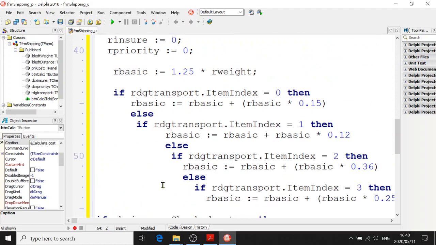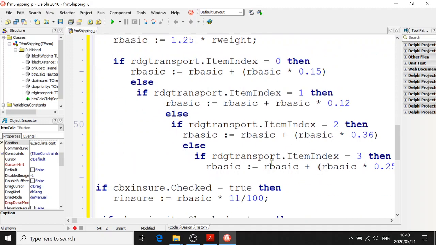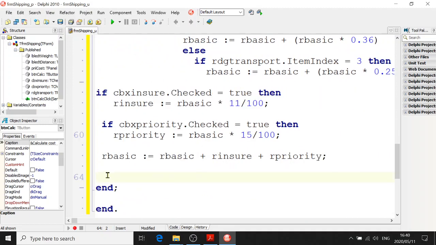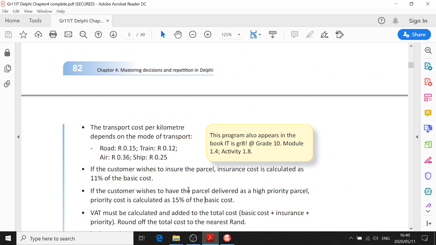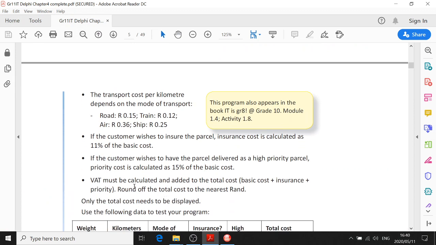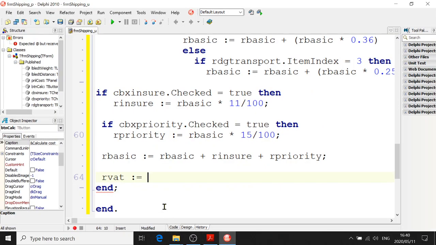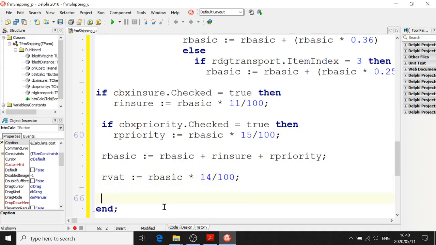And now we're going to do our VAT, and then our total. So our VAT is going to be 14% of the basic. There's quicker ways of doing this, but I'm doing the long way so you can see. So VAT must be calculated and added to the total cost, the basic cost plus the insurance plus the priority. So I'm saying our VAT equals our basic times by 14 divided by 100. Then we're going to say our total equals our basic plus